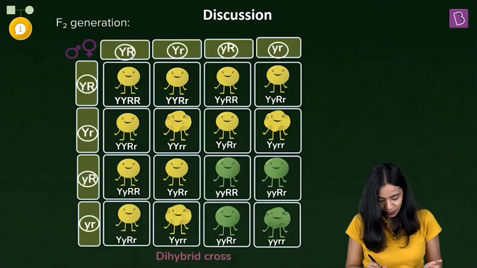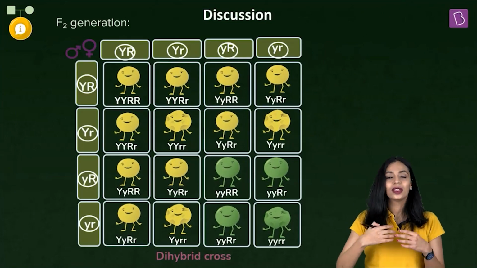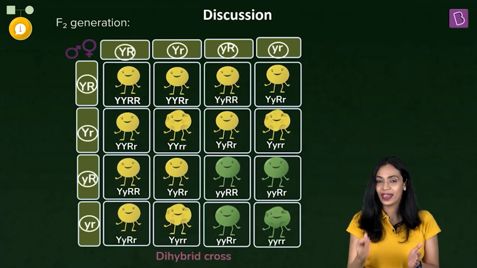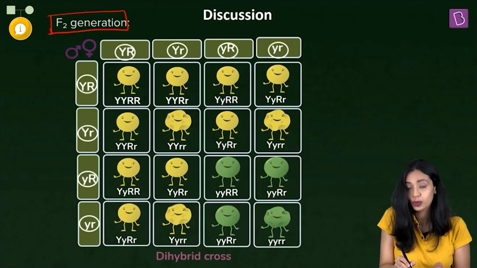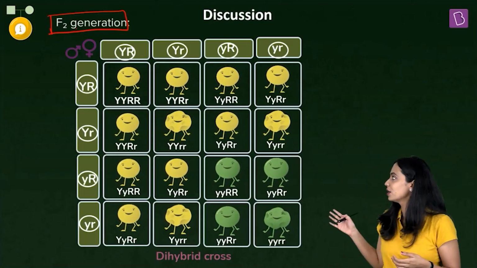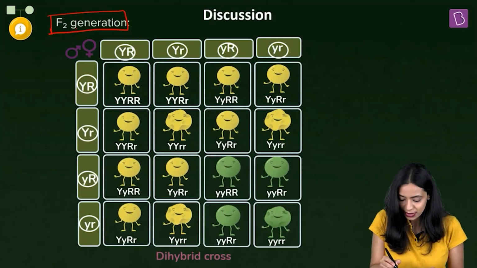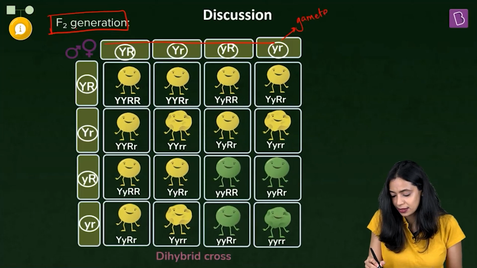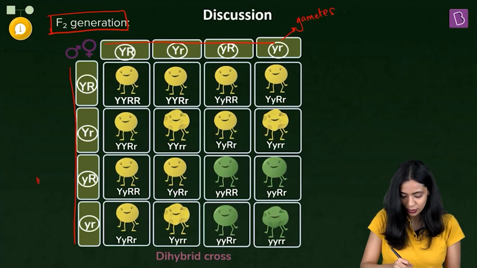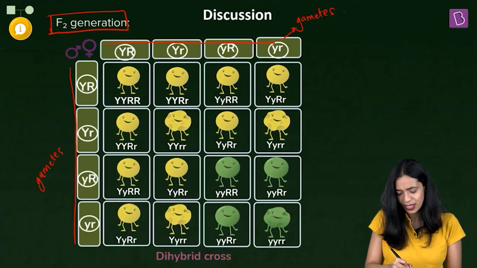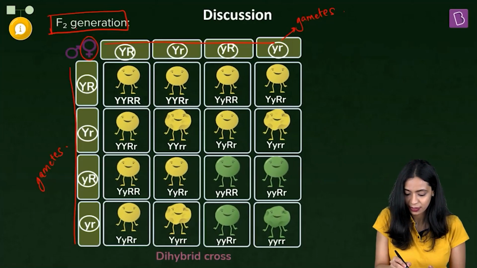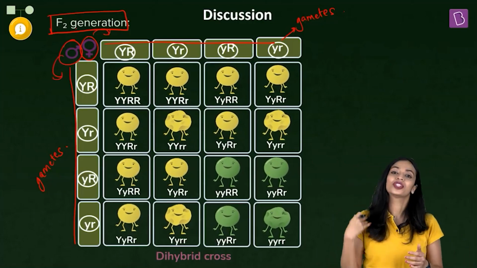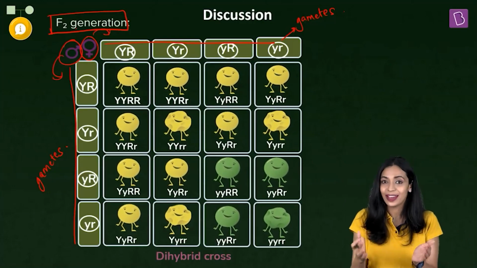Now the selfing of the F1 generation happens, and the offspring that result from the selfing of the F1 generation is what we refer to as the F2 generation, and that is represented over here in this Punnett square. Here you can see these are the gametes in the topmost row, and in the first column to the left, these also represent the gametes. Gametes are generally encircled. So these are the female gametes, these are the male gametes. Now we have 16 boxes here which are representing the progeny, which is the F2 generation.